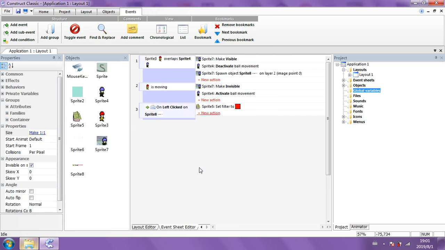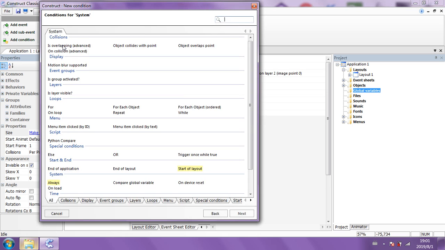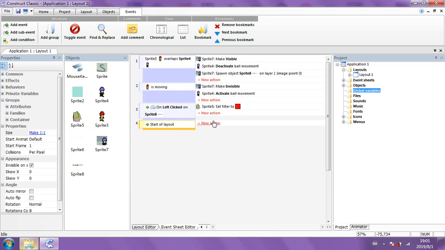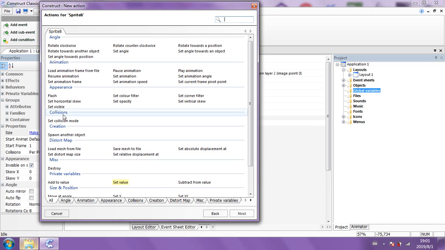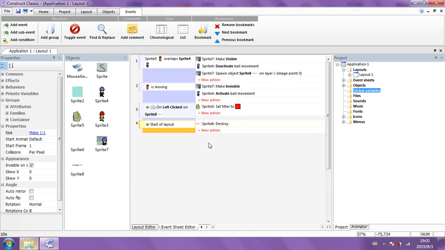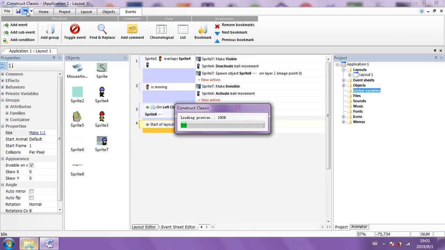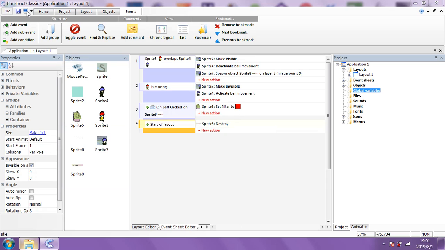This is so weird. Oh, it's an action, isn't it? Okay, at start of layout. So insert event, system, always, start of layout. Okay, action can destroy this. So let's see if that's visible now. It shouldn't be visible.